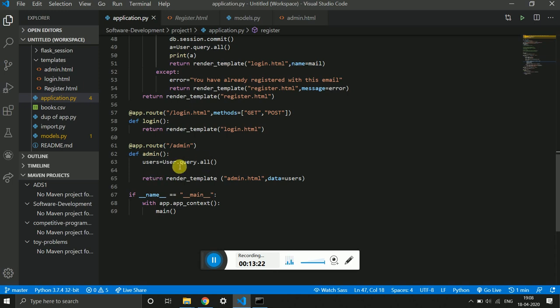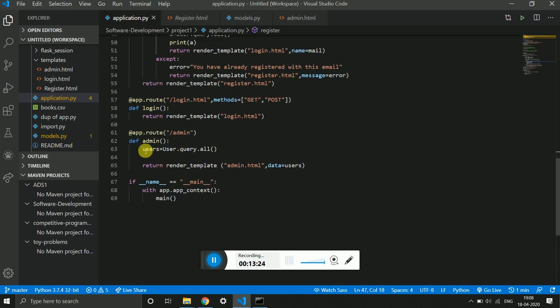So here users equals User.query.all. This will give all the details in the database and keep them in a variable. And I will be sending it to the render_template method, where it will be rendering the HTML page using the Flask modules and sending the details of the users through data. Data is the variable that I have mentioned in the HTML page.